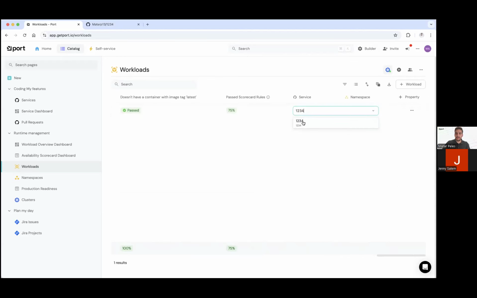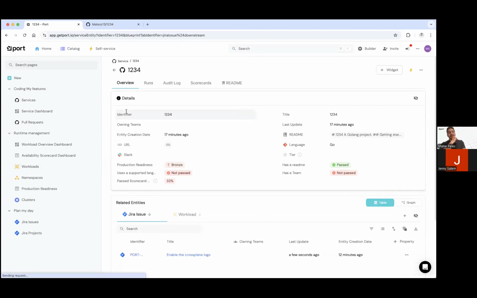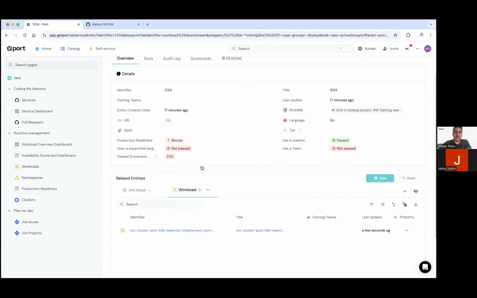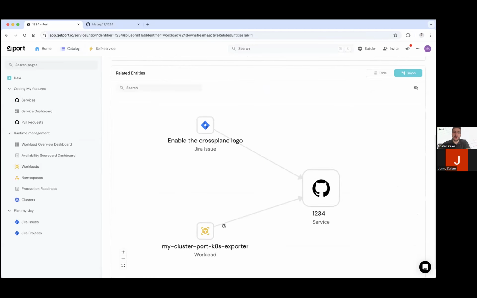So 1, 2, 3. And now I can go to my service. And if I step into it, I can see in one place for each service the Jira issues that are open about it and the Kubernetes workload. If I now go to a graph view,